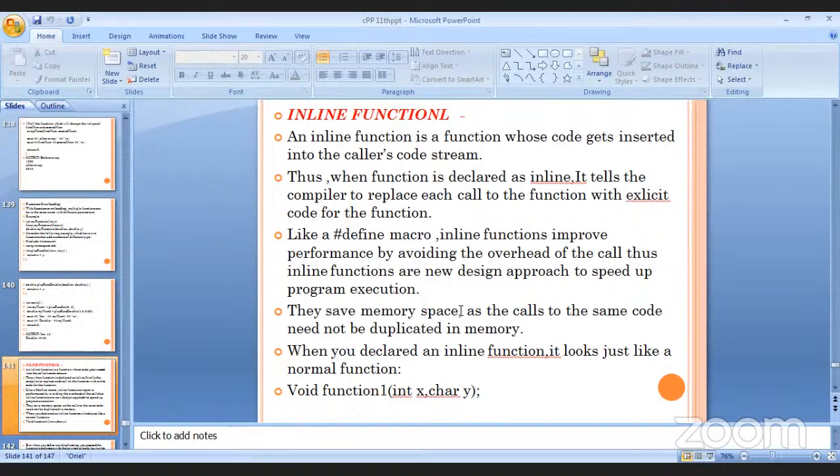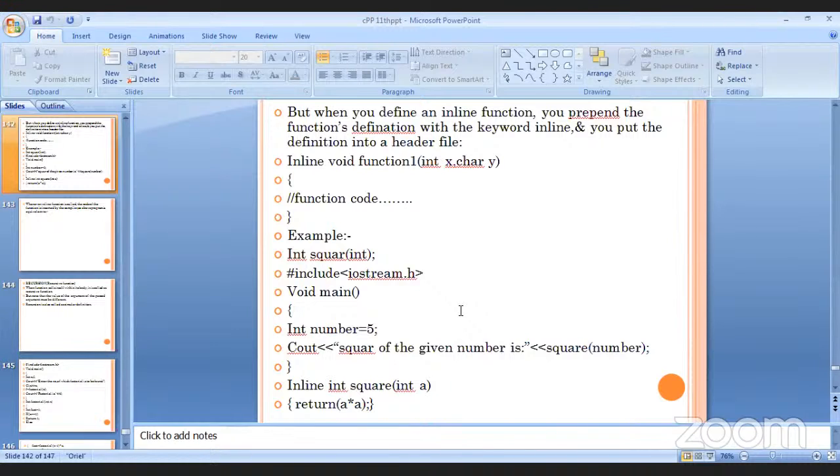When you declare an inline function, it looks just like a normal function: void function1(int x, char y). But when you define an inline function, you prepend the function's definition with the keyword inline, and you put the definition into a header file. inline void function1(int x, char y) { function code }